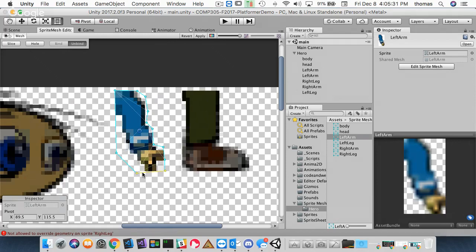Okay, and now you're gonna ask, so Tom, what's the advantage of using this thing? Like, what's the point? Why are we doing all this work? Why not just take a sprite sheet like we did before? Because like I said, there's lots of control you get from doing this, and you can create other animations that you may not have had